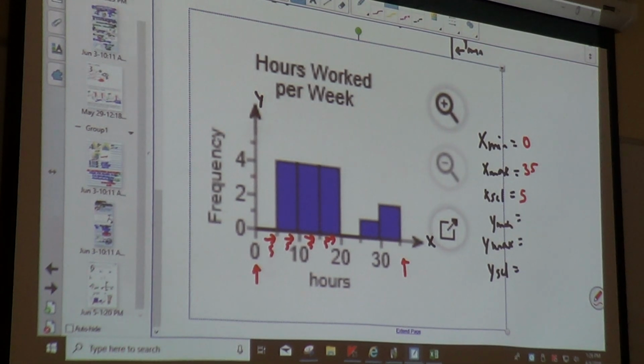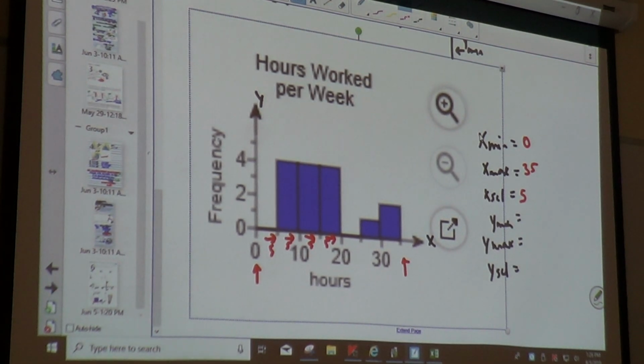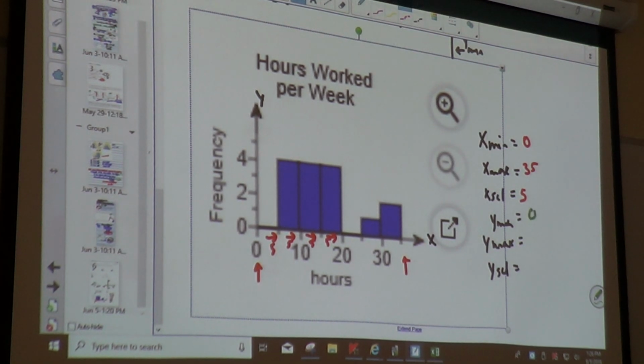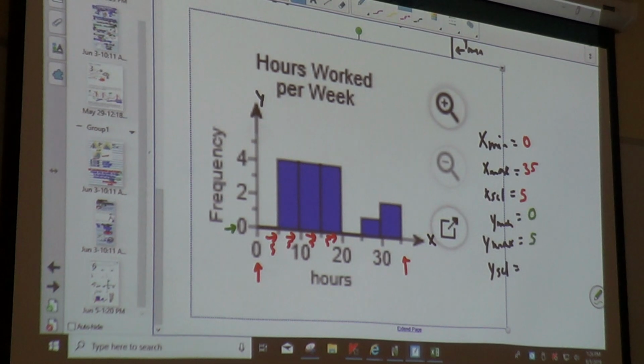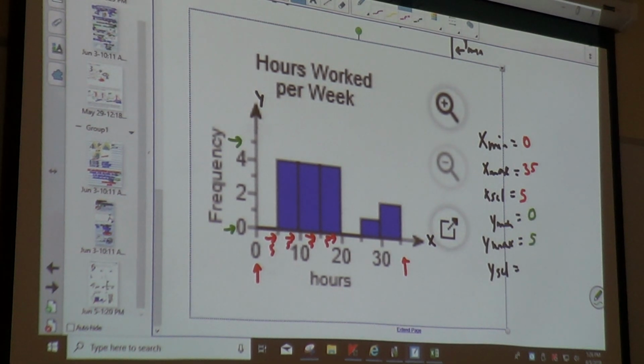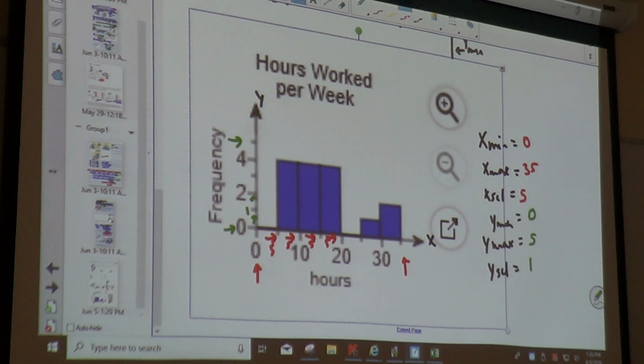Y'all with me? Now, on the y-axis, what is your y minimum? What is your y maximum? And what are you counting by? 1. You're counting by ones each time. And your y res is always